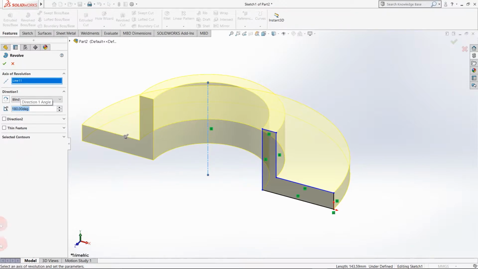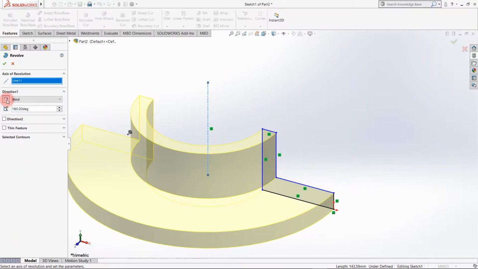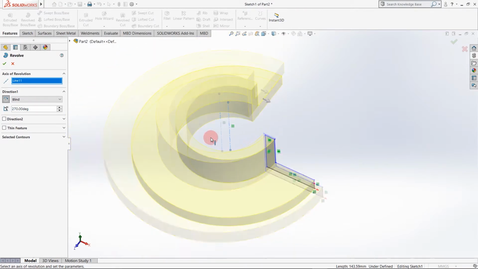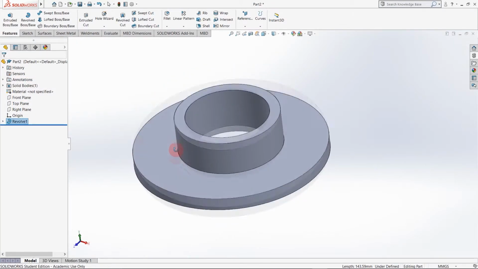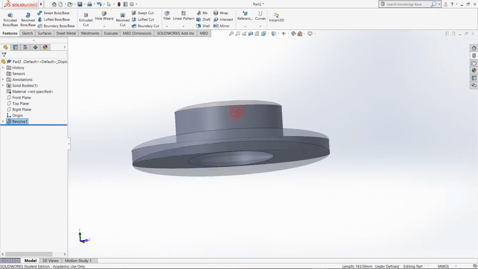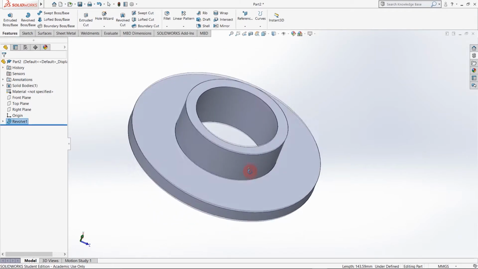If I reverse the direction, the component is revolved 180 degrees from the other side. If I want 270 degrees, the component is revolved about this axis for 270 degrees. I'm going to select 360 degrees and OK. You can see the component is revolved around the axis for 360 degrees.